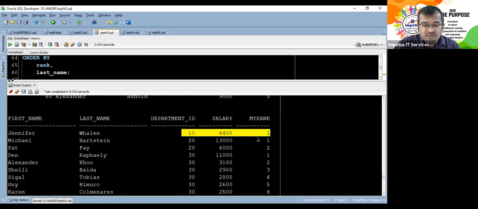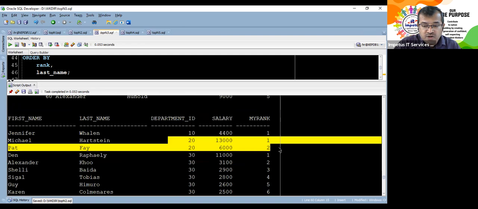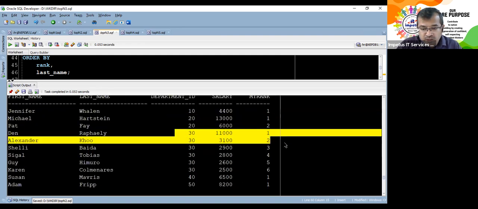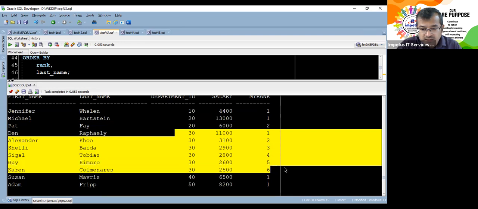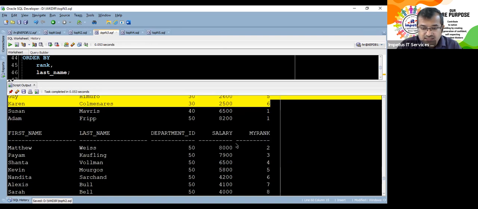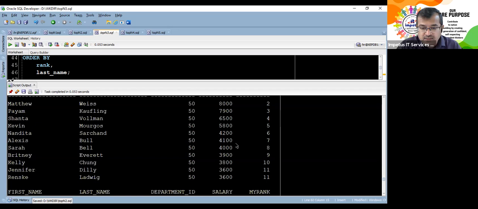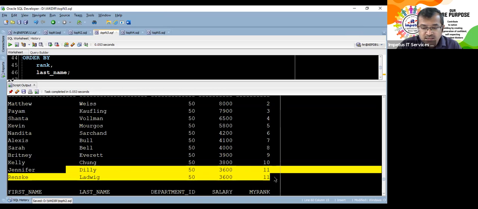Department 10, there is only one person, no issues. Department 20, there are 2 people, no issues. Department 30 में issue आएंगे. There are multiple people, 1, 2, 3, 4, 5, 6. Okay, lucky 6 लोग थे, सबका सैलरी अलग था, फाइन। बट जहाँ कहीं सैलरी एक जैसा आएगा, देयर विल फेस अ प्रॉब्लम। कहाँ है सैलरी, किसी का है क्या एक जैसा? हियर वी गो। डिपार्टमेंट 50 में दीज 2 गाइज हैव सेम सैलरी, दोनों का रैंक नंबर 11 है, परफेक्ट।